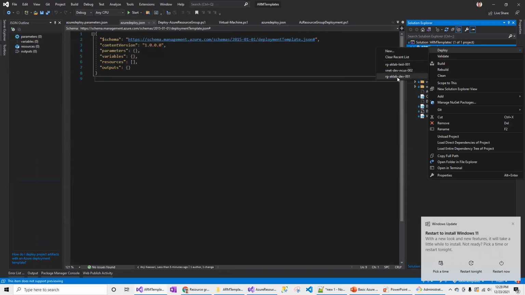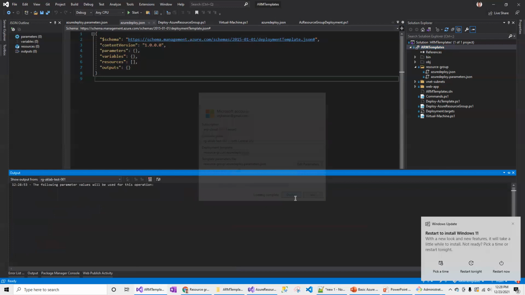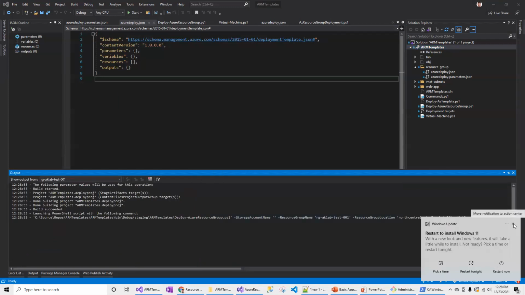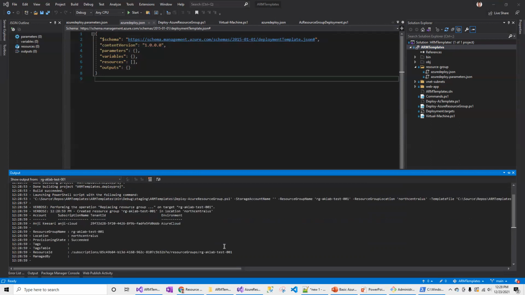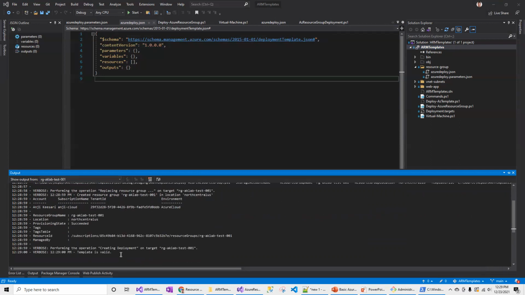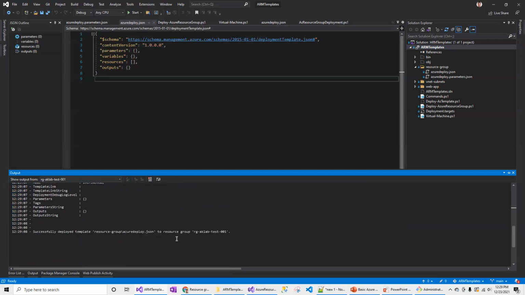You can select the test, and then by default it will select the RM templates and then say deploy. So this is going to first validate, and in the second step, it is going to deploy in an incremental fashion. So this is successfully deployed.